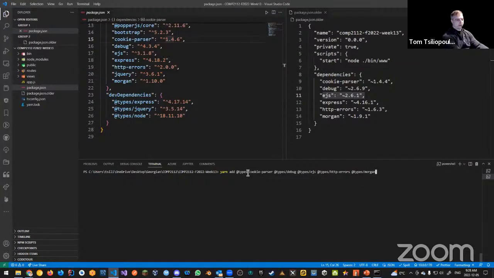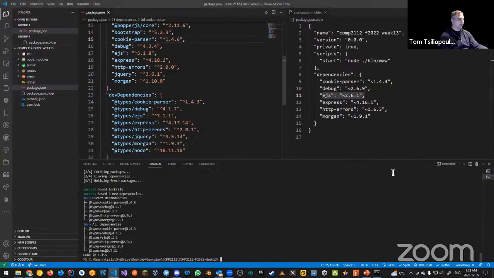All right, so this is one big line and then --dev at the end. What this line does, remember, is it does all the additions all at once as opposed to making them separate. So I'm going to grab this line here and copy it, and I'm going to give you that in the chat. There it is. This is the command I want you to issue. If I issue that command, it's going to go out and grab all the stuff I need for my dev dependencies right here.